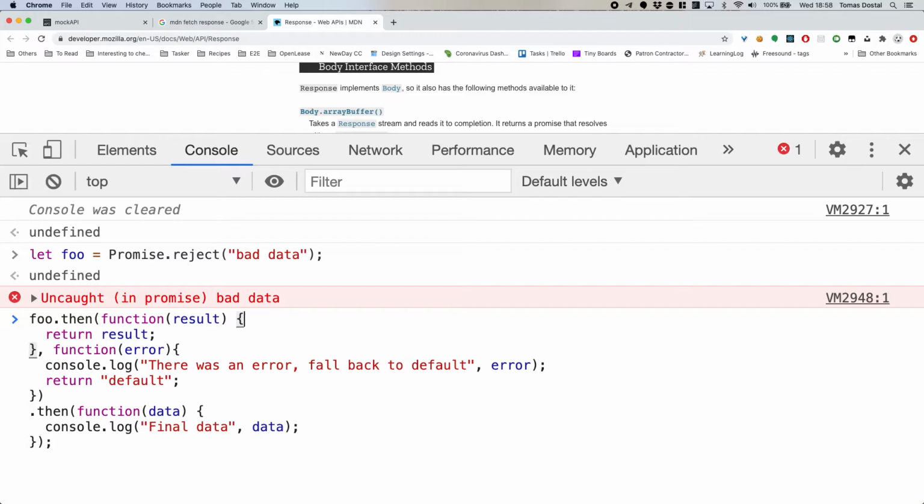So you have defined the result when it's rejection, the bad data. We have foo, then function result, return result, function error, console log there was an error, fall back to default.